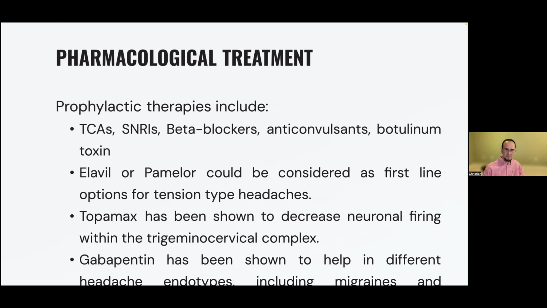Topamax could potentially be considered. One thing that we also use in brain injury in general is that patients may have different things going on, and we want to use a single medication to treat different symptoms. So patients who may have behavioral changes, like agitation, we may consider medications like Topamax. Patients who have sleep disorder, pain, and headaches could potentially benefit more from Elavil because of the spectrum of things that we could cover with the same medication.